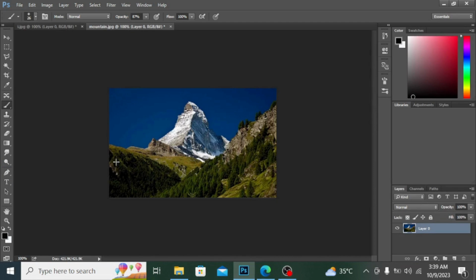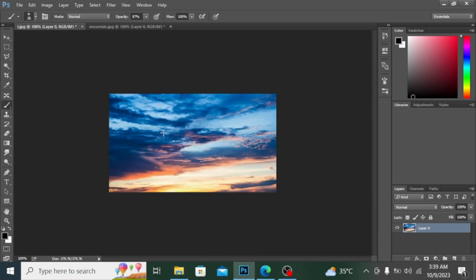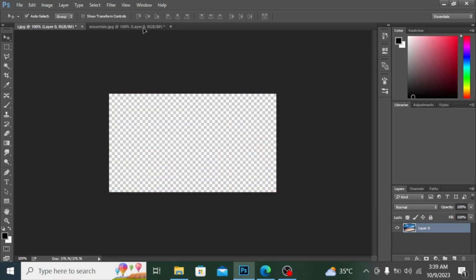Guys, today we will learn how we can make the layer mask, how to work on the layer mask. You can see here I have this picture and this picture. I have downloaded this from unsplash.com or Yandex. So I'm just dragging this picture into this picture,